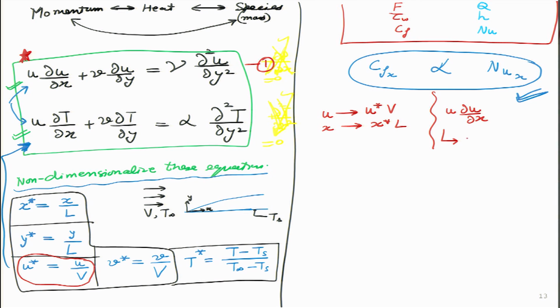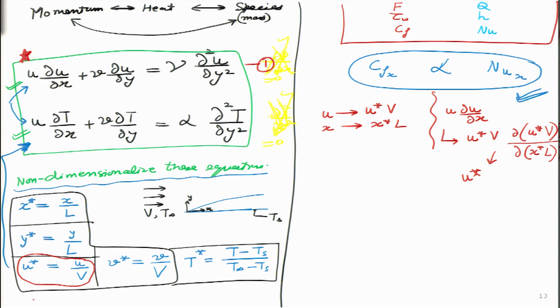First u will become u star into capital V, then we have del of u star into capital V, sorry, this is capital V. In the denominator, I have, instead of del x, I will write del x star into capital L. Is that correct? Can I simplify it a little bit further? What I will get is, first, the u star,